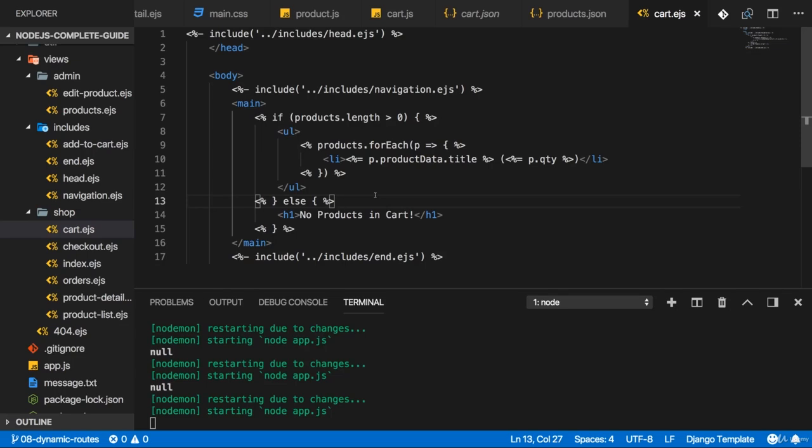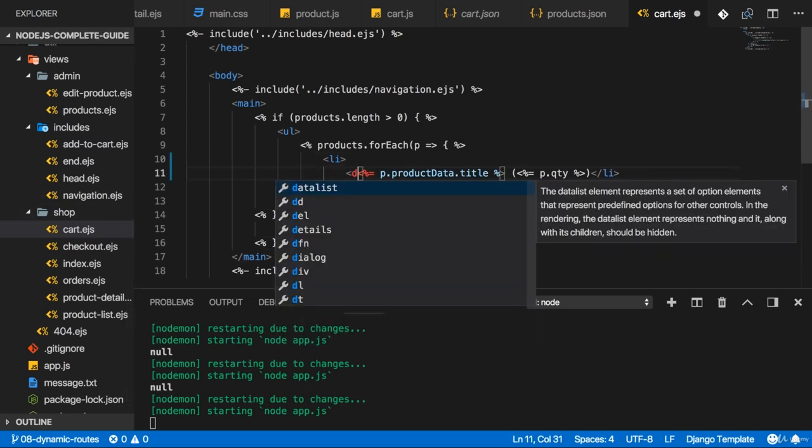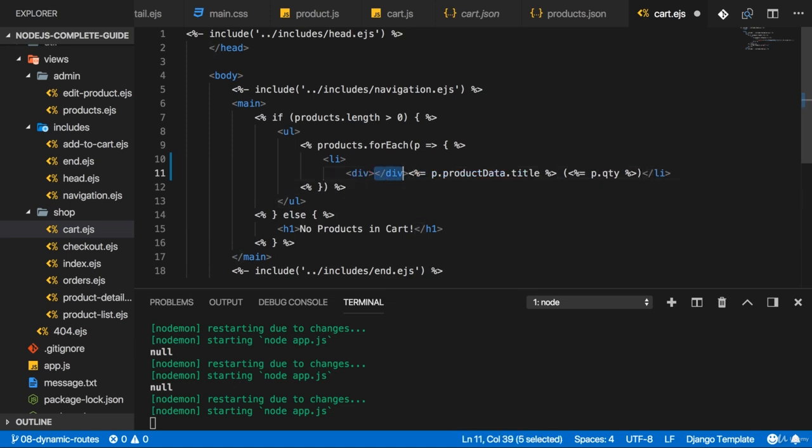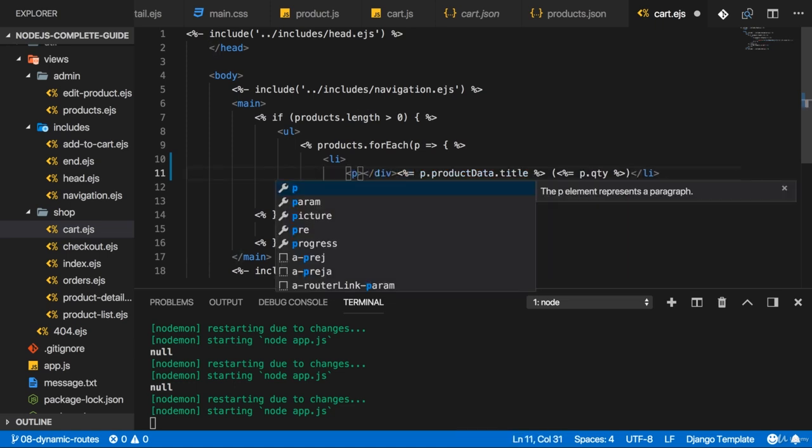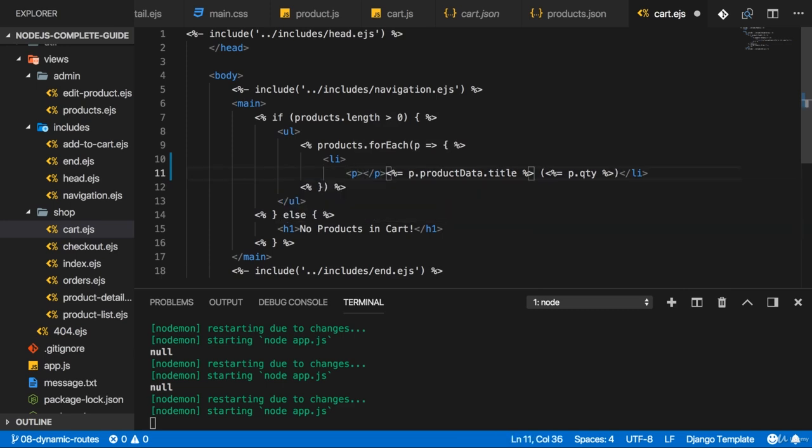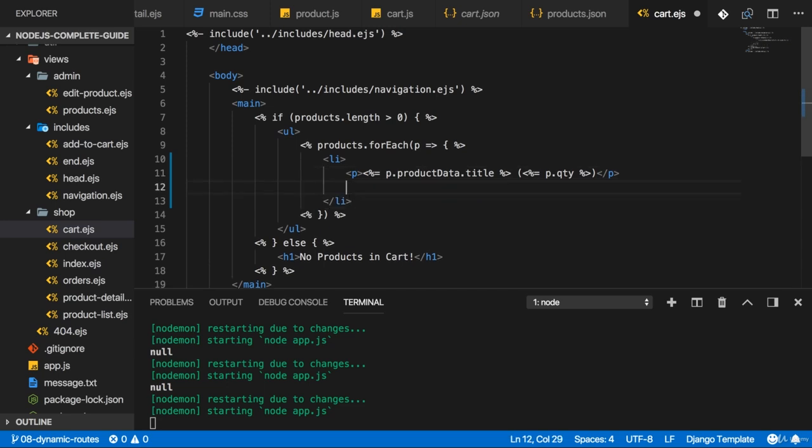Let's make sure we can now also delete items in the cart. And for this, in cart.ejs, I will change my list item a bit. In there, I'll add a div first of all, or maybe let's add a paragraph to be semantically more correct, which will output the text for this cart item, so things like the name and the quantity. And then I will also add a little button there,